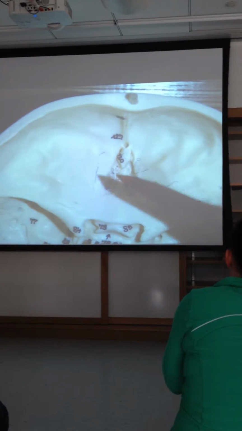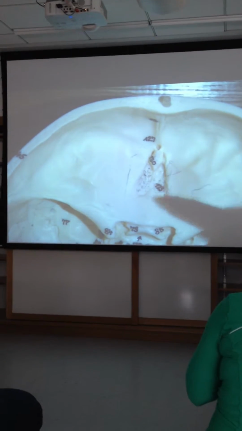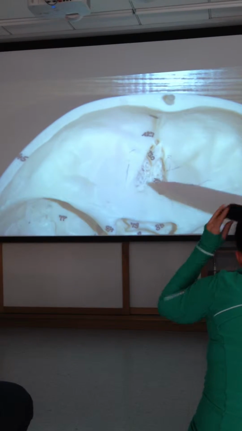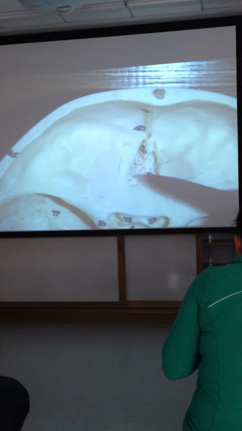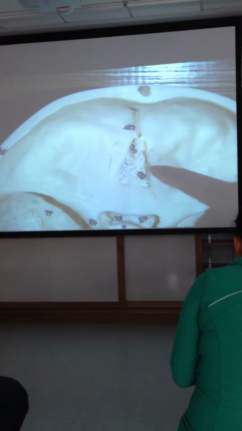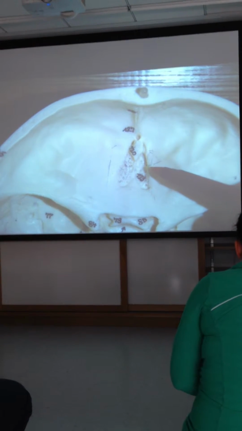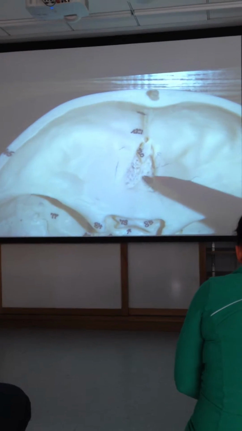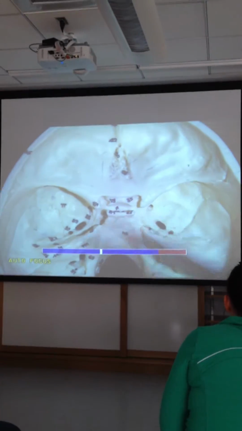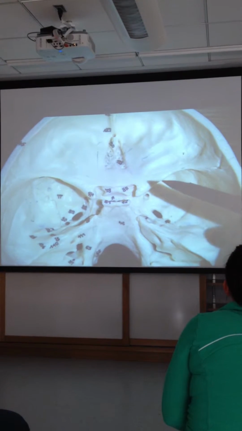All right. Now, this other part of the ethmoid is called what? That's the cribriform plate, and what are the little tiny holes inside of it called? Olfactory foramina. Yeah, the olfactory foramina, and what runs through there again? Yeah, the axons of the olfactory sensory neurons. Good. All right. Now, if I back up a little bit, okay, it's hard to see because it's not colored,